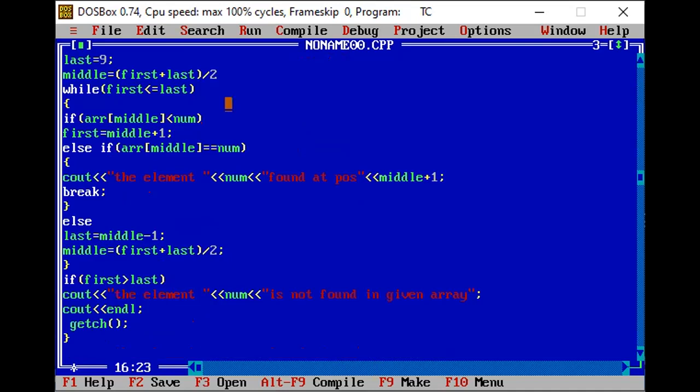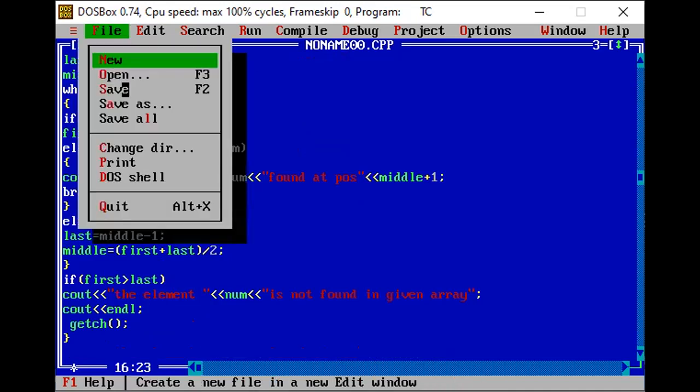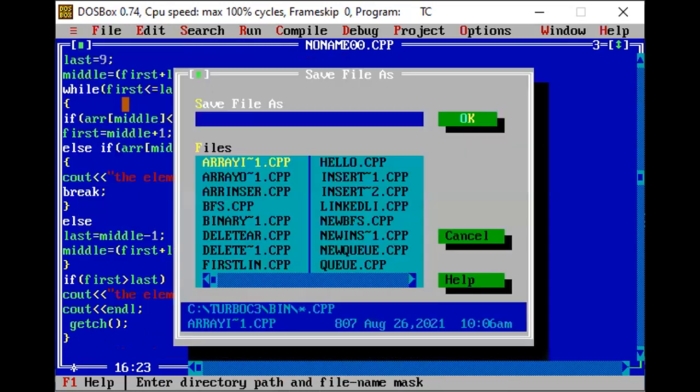Okay, so I will save this as binary new dot cpp.